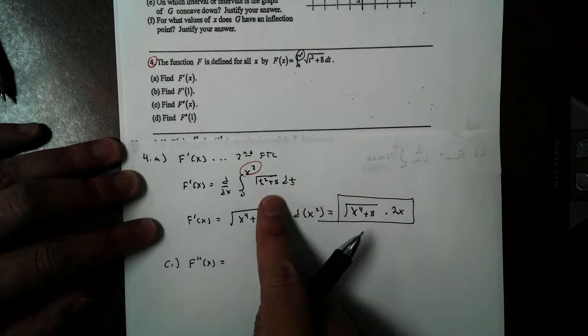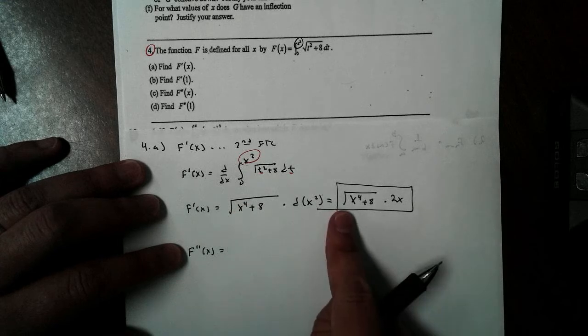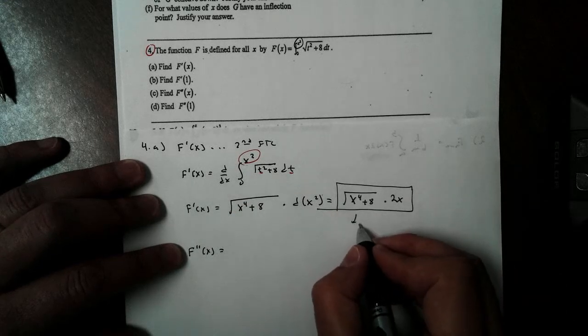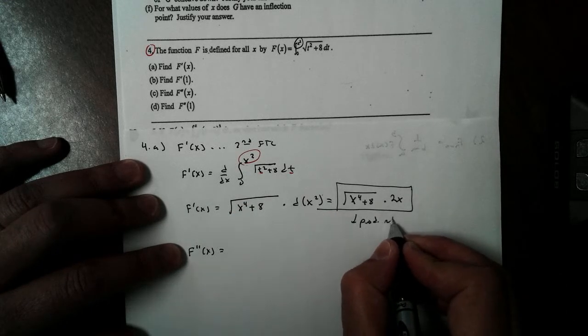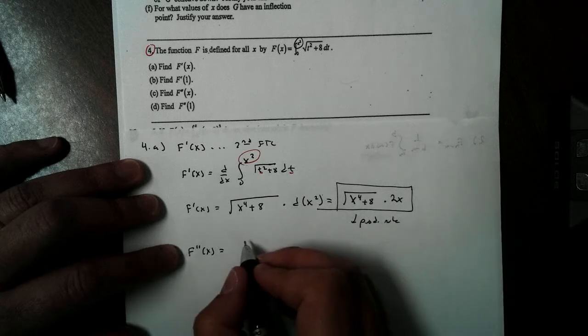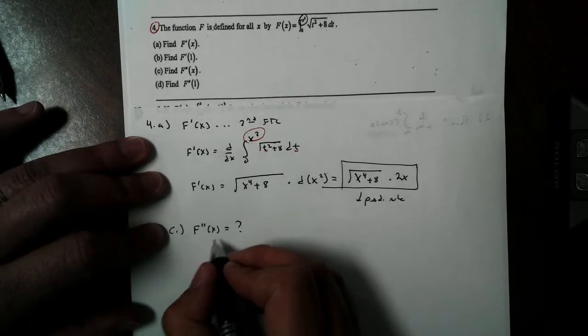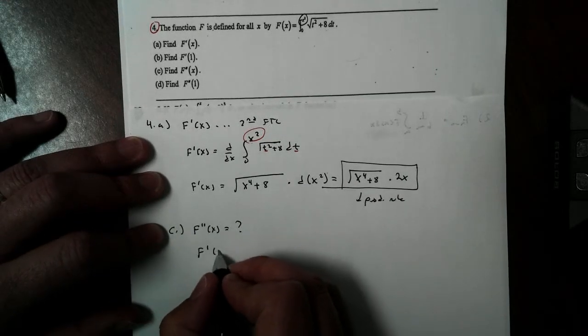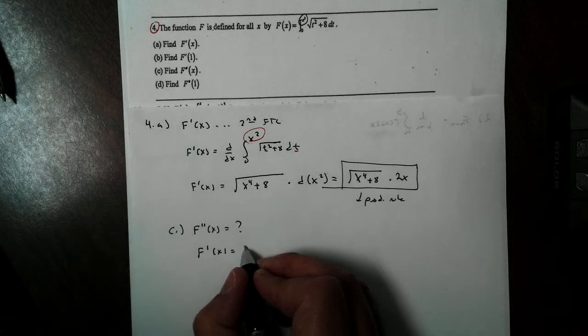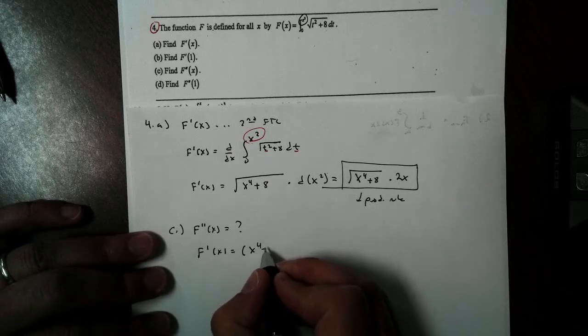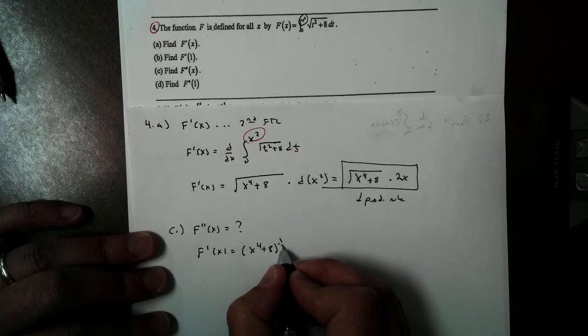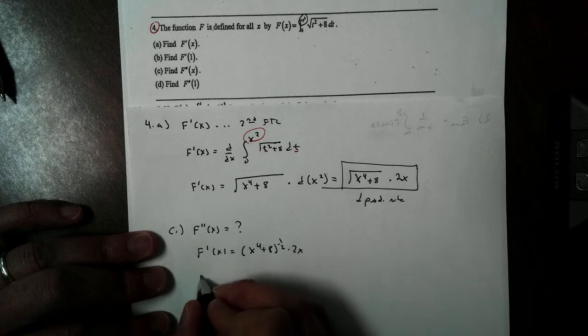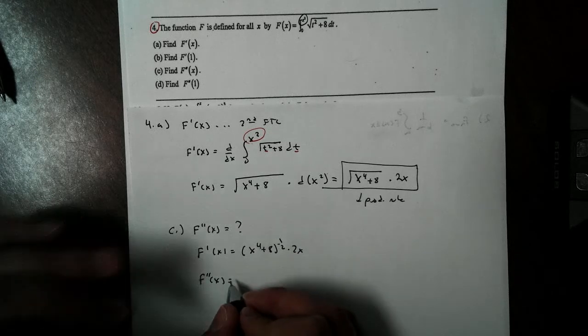All right, now the second derivative, I have to look here. So of course this is going to be our product rule. Now of course there's also a chain rule there. So I am going to rewrite my first derivative as x to the 4th plus 8 to the 1/2 times 2x. So the second derivative